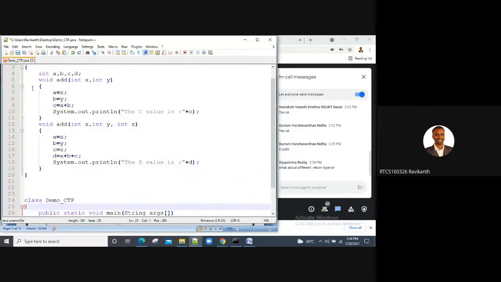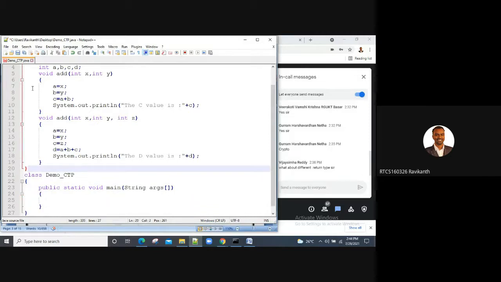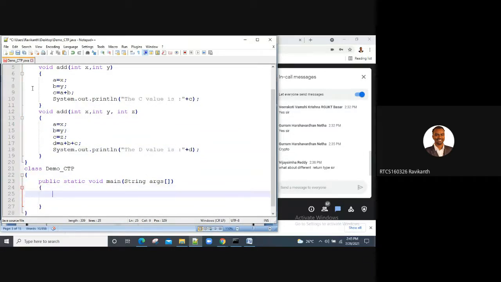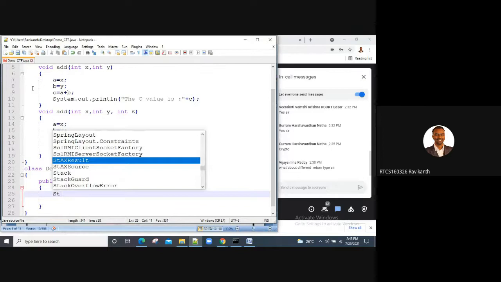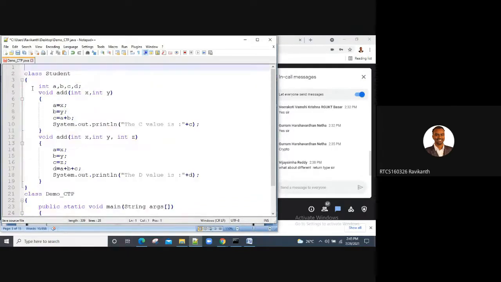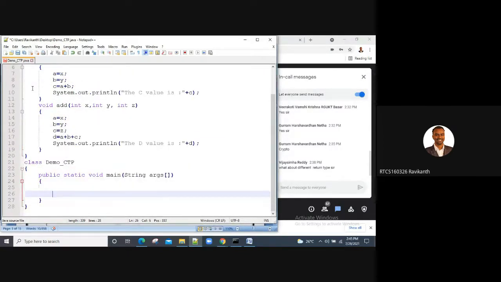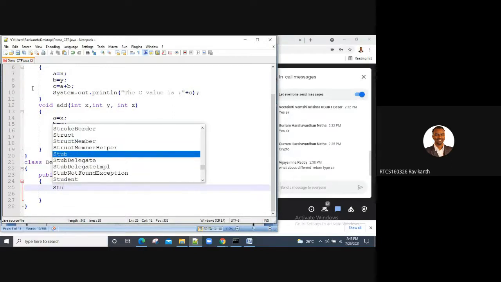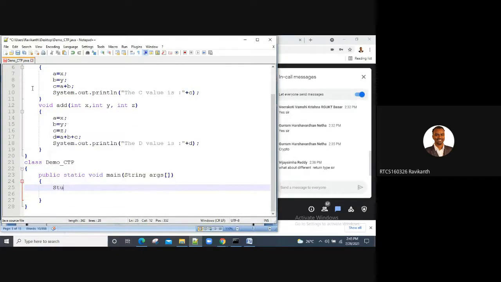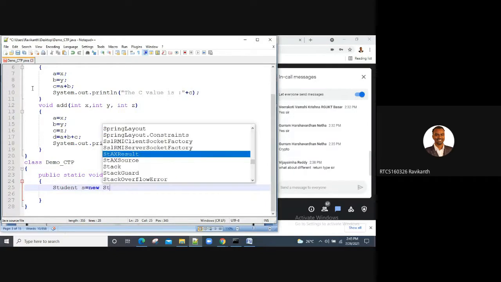Now let's move on to our main method and create instances of this. I have to create an instance of the Student class, right? What is the class name we have used? Student. Student s equal to new Student.